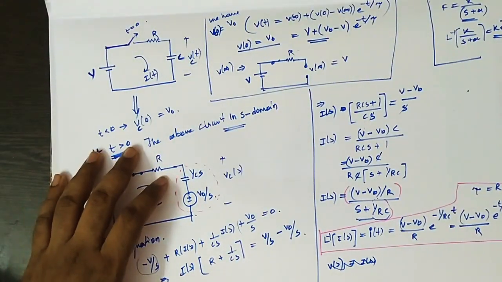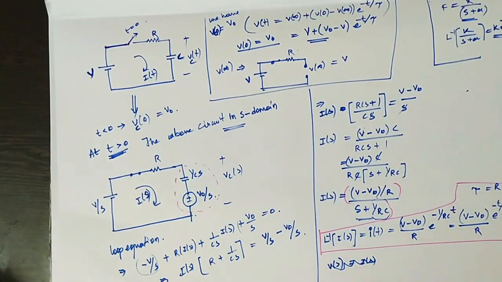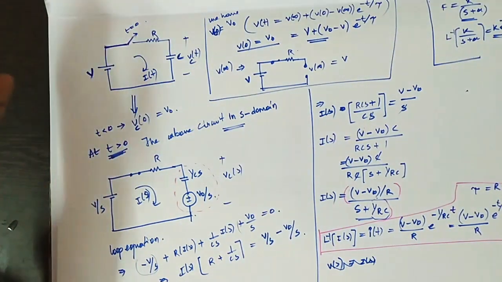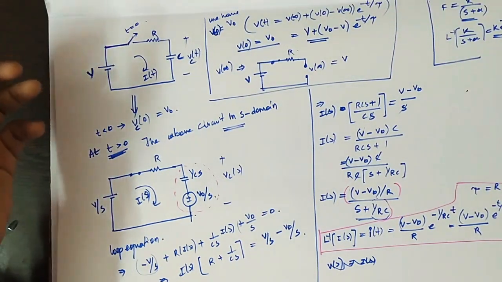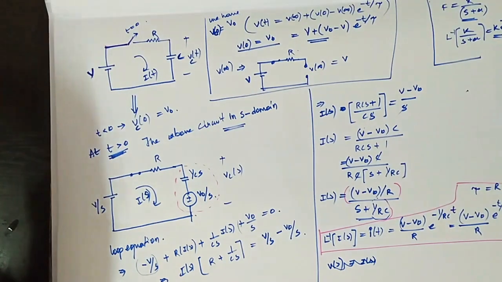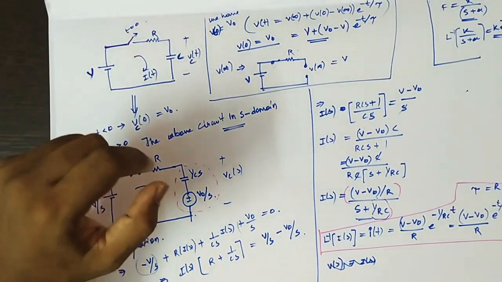In the next class I'll solve problems directly. I won't mathematically prove all the expressions for RL, RC and RLC circuits. I will directly use the transformation of the capacitor and inductor to the S domain and solve a few problems. After getting the final expressions of those problems, I'll discuss more on them.